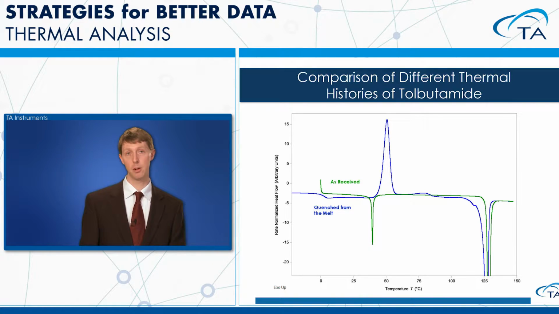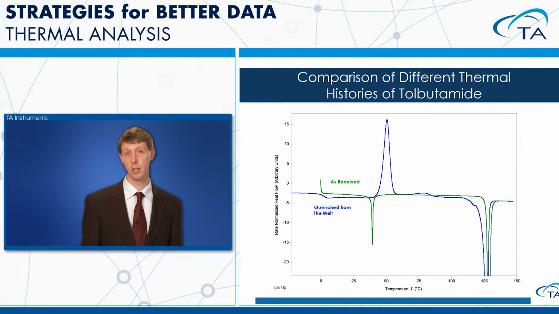Now, if we were to take that material and quench it from the melt, we force it into a particular structure. In this particular case, we're taking a material that is crystalline to begin with, we melt it, and we cool it down very rapidly. We're most likely creating an amorphous concentration. So a large magnitude of this material is going from the liquid melted state into a frozen, amorphous, random state. And so the resultant plot is the blue curve, and in the blue curve you can see that there